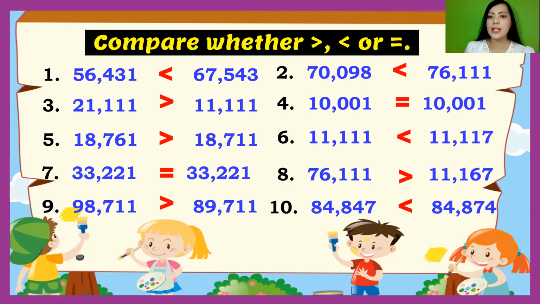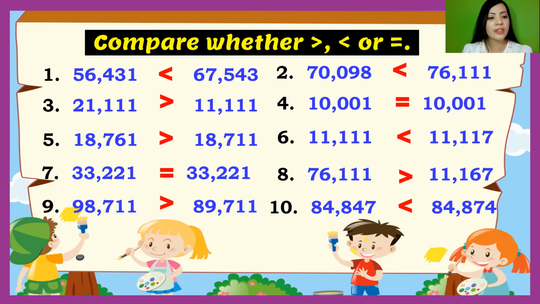67,543. Number 2, 70,098 is less than 76,111. Number 3, 21,111 is greater than 11,111. Number 4, 10,001 is equal to 10,001. Number 5, 18,761 is greater than 18,711. Number 6, 11,111 is less than